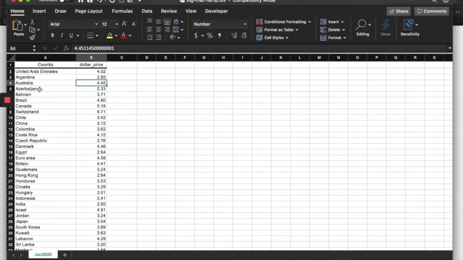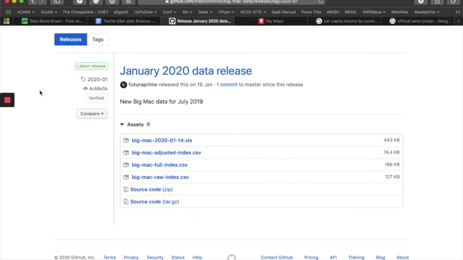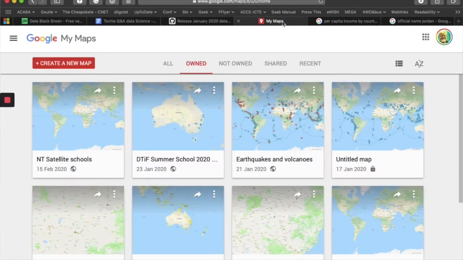So what we might do is have a look at these data in a slightly different way. Let's visualize these data in a slightly different way. If you've got a Google account, you can go to mymaps.google.com. If you don't, you can create one. And I use this frequently, as you can see, to map out various occurrences. So I'm going to create a new map,